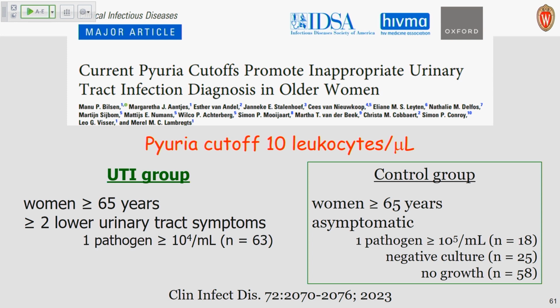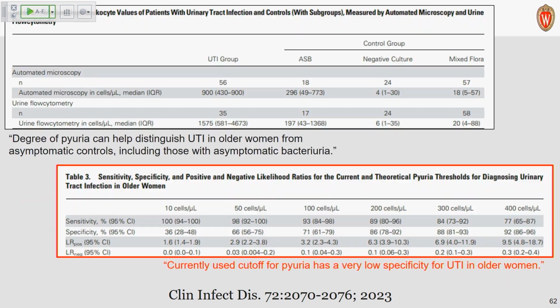Then the control group was another set of women who were absolutely asymptomatic for urinary tract infection. So some of them did have a pathogen at greater than 10 to the 5th, right? So that's your asymptomatic bacteria, so they're kind of killing two birds with one stone. They're looking at asymptomatic bacteria, and others had a negative culture or, in general, no significant findings. Next slide. So this will be impossible to see from where you're sitting in row E and back, but they looked at